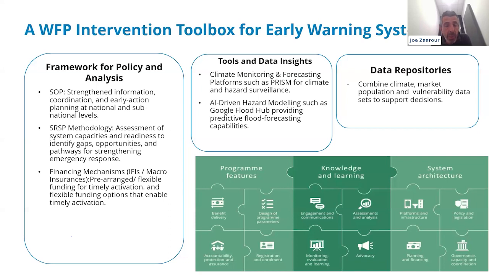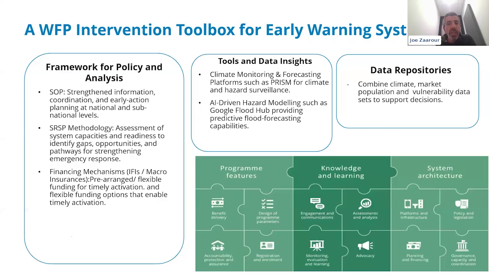Maybe for the sake of today's webinar, we chose two examples. The first tool would be a climate monitoring and forecasting platform that we have called Prism. So basically, we're going to hear from Malawi that will give us an example of how and where Prism was deployed and what were the benefits of that solution. That would include possibly overlaying hazard with population data, as well as doing some risk analysis and identifying triggers and thresholds and response elements and early warning through an existing platform and tool, as well as we work with government agencies and other partner providers